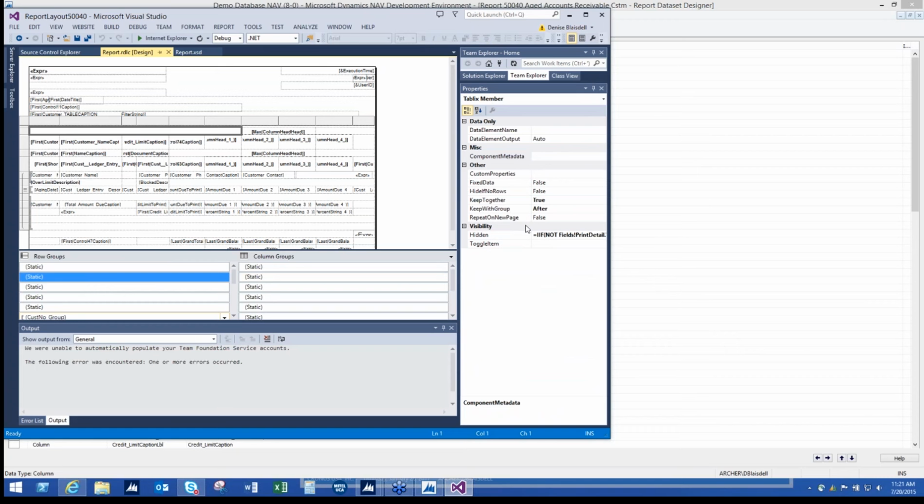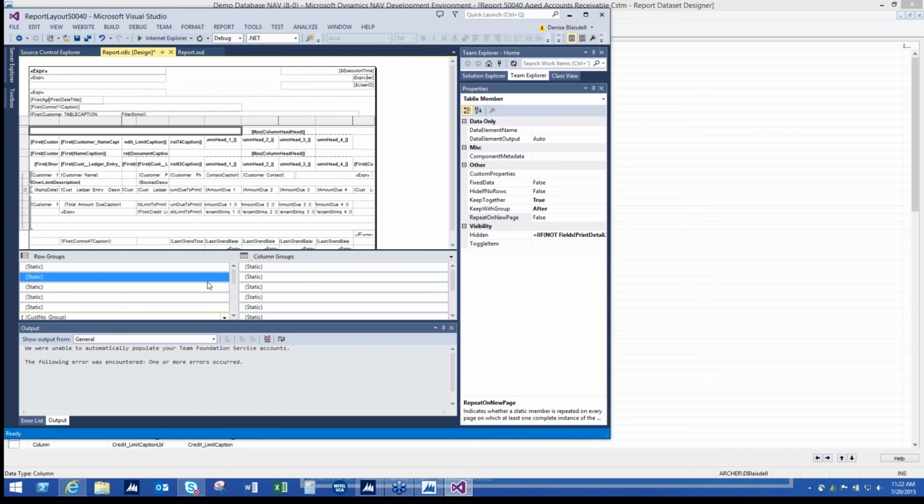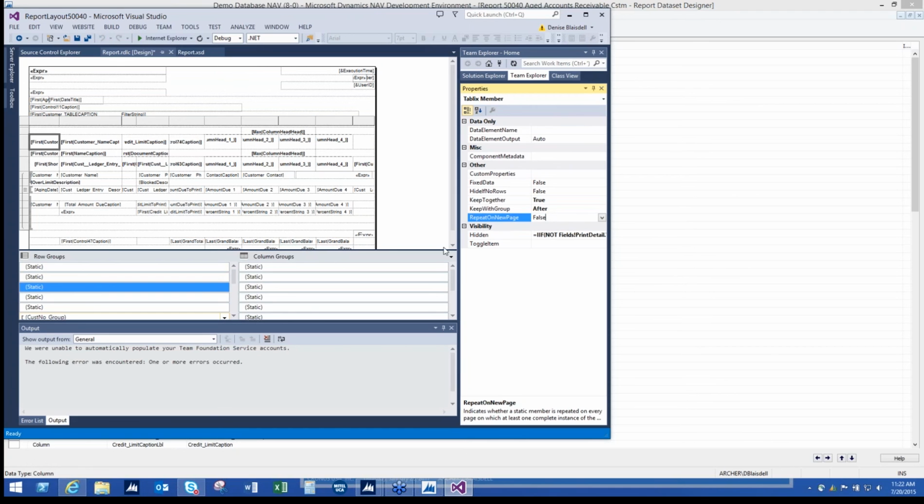The 2 fields that you're interested in to make the headings print on every page are keep together and repeat on new page. They should both be true. So I'm going to start at the top and change these all to true. Go to the next one, change this to true, and the third one,